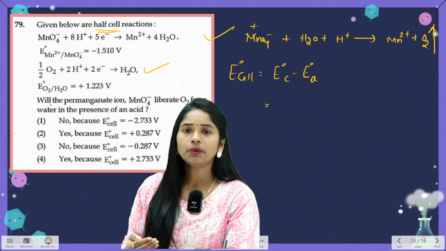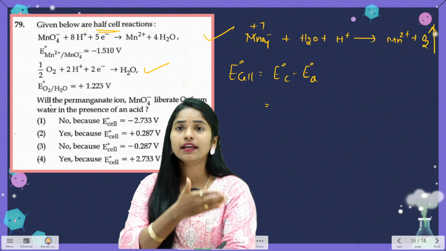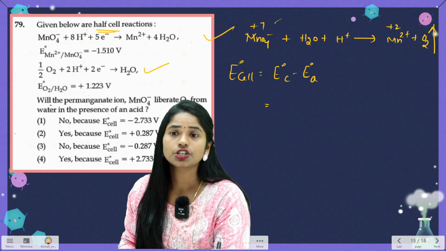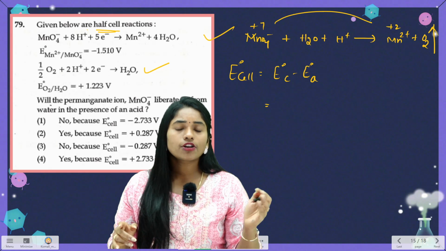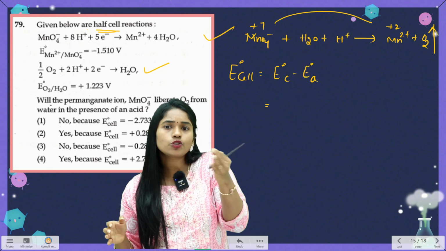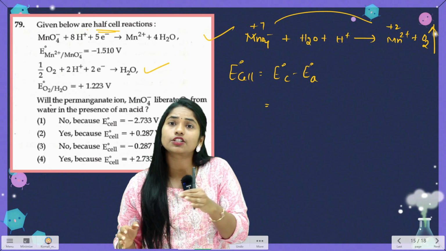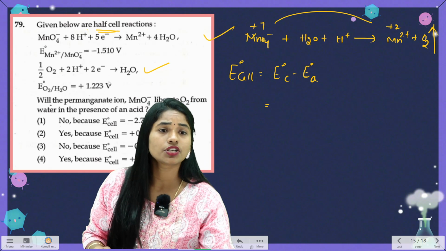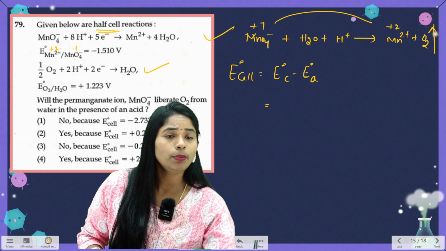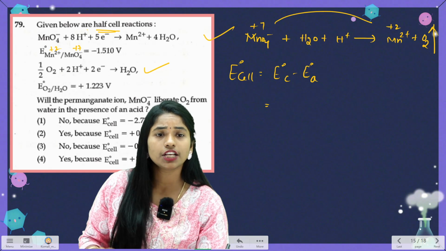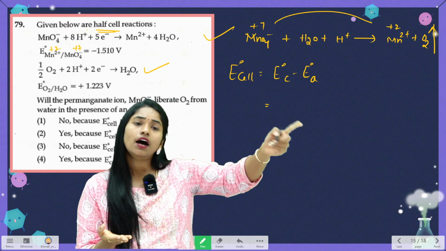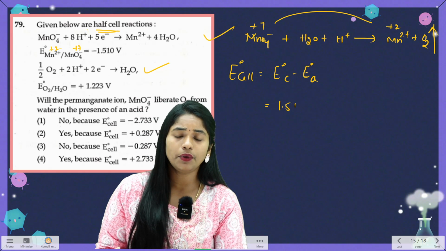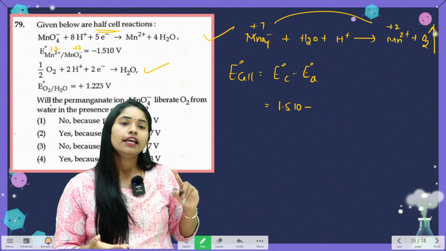Which is cathode? Permanganate ion is in +7 oxidation state. In the product it is in +2 oxidation state. So the oxidation state is decreasing, right? So it is undergoing reduction. That's why it is my cathode. So the cathode value, how much is given? Reduction potential, +2 to +7. They have given the oxidation potential, so you have to take the reverse value. I mean, negative means positive value, you have to take out. Minus E naught of anode.